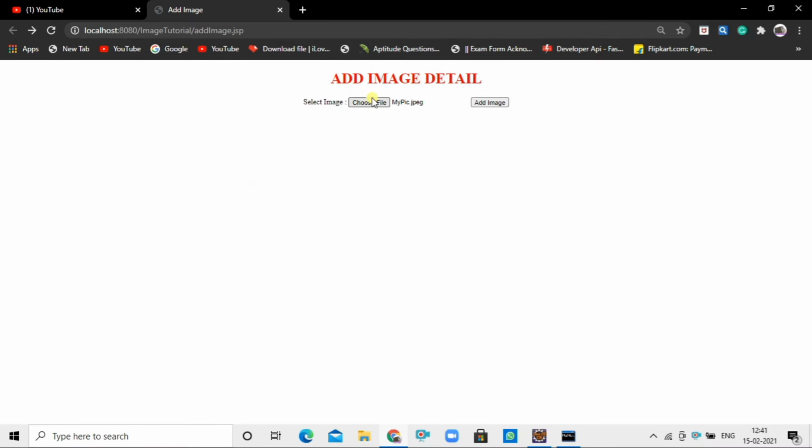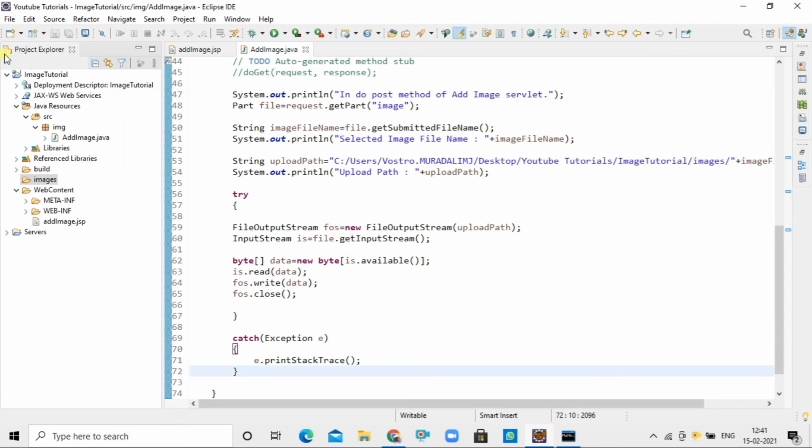Now after selecting the image, when we press the Add Image button, our image will get uploaded to the images folder.